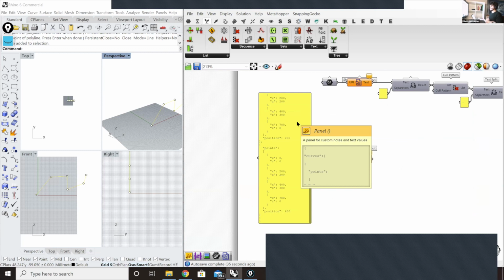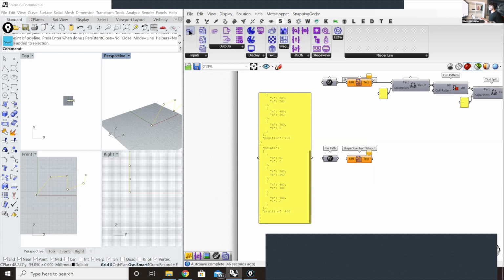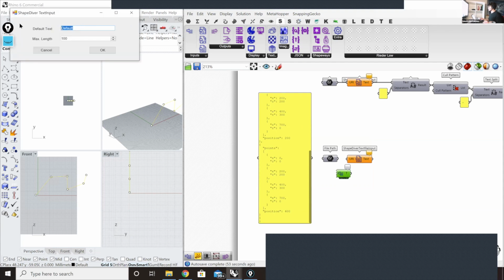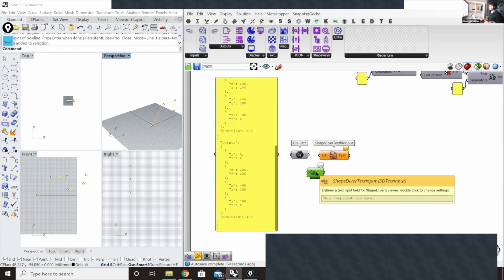And then you can send these JSONs in two ways. You can send these JSONs with the normal text input here. You can send this JSON where you can actually input your JSON here. So you start your JSON, you end your JSON, and you start to put here how your JSON looks. That's one option. The problem with this is that, of course, if your JSON starts to be very complex, then